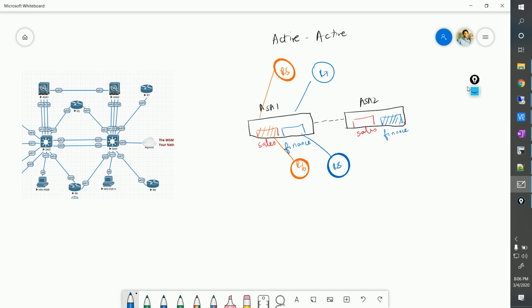And when you're on R8, you should be able to talk to R7, and traffic will be going to the finance context. And obviously the sales will be active on ASA1 and the finance will be active on ASA2. So this is basically the security context related configuration. I will tell you where the MAB and Dot1x come into the picture, but before that,